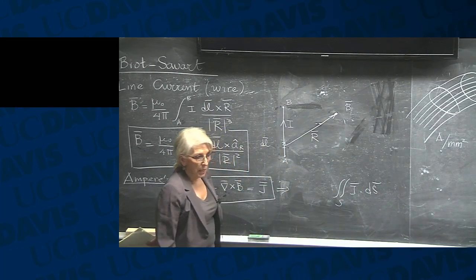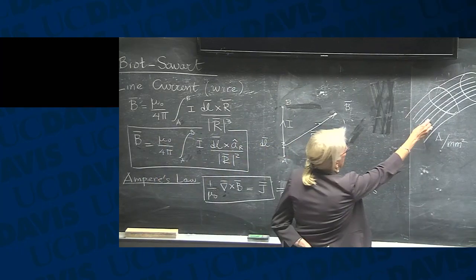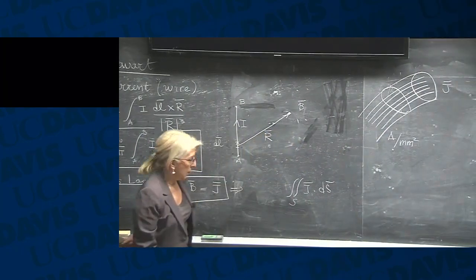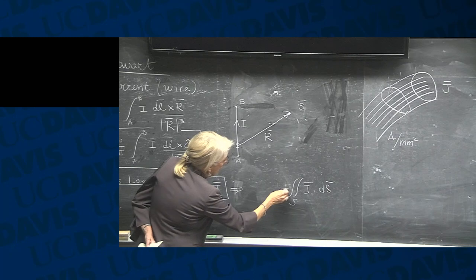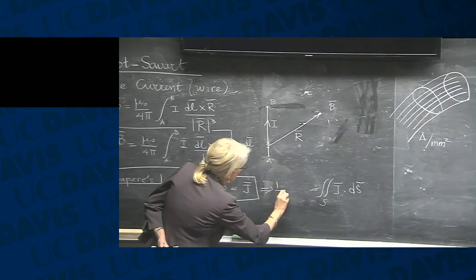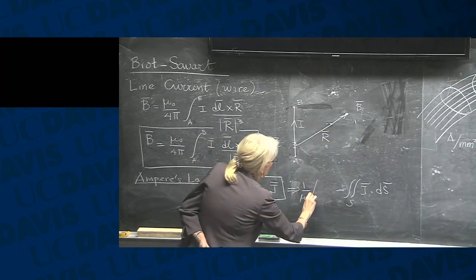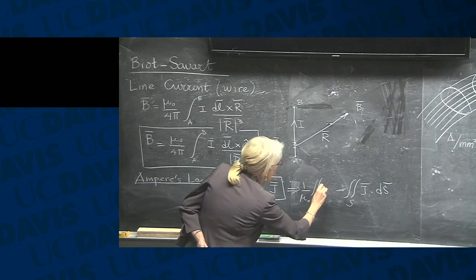Okay? And that's the most general way of doing it because I don't know whether this current density is uniform. Now, if I go to the other side and I integrate this cross product over the same surface S,